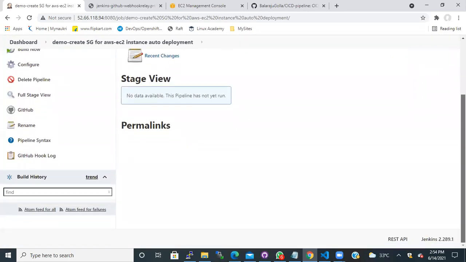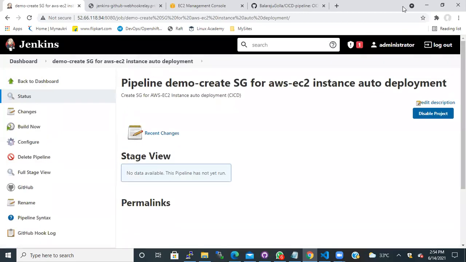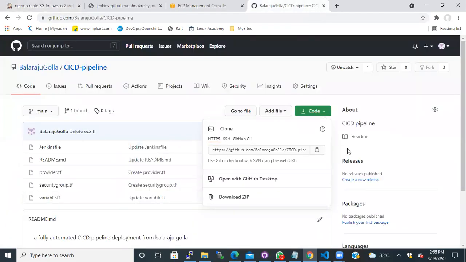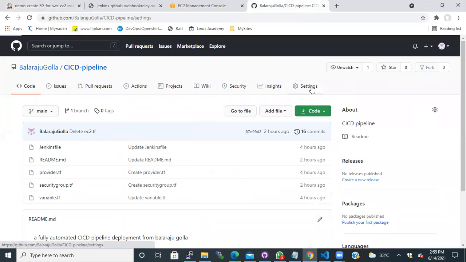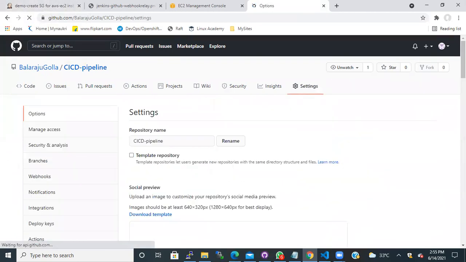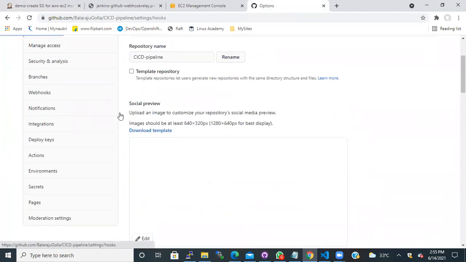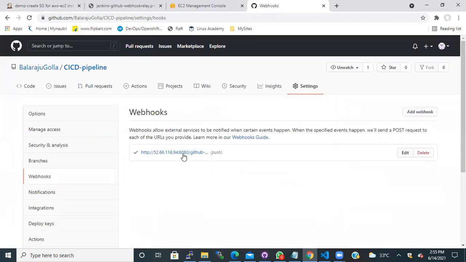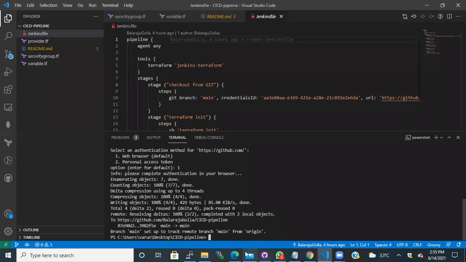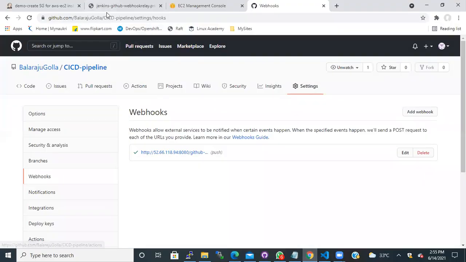Okay, there should be a job running for you. It's not triggered. Let me see what the error is here. It should start by now.